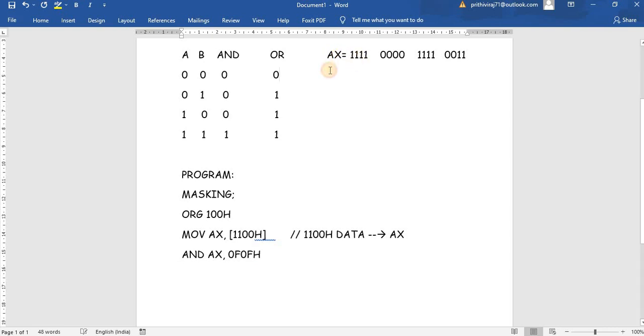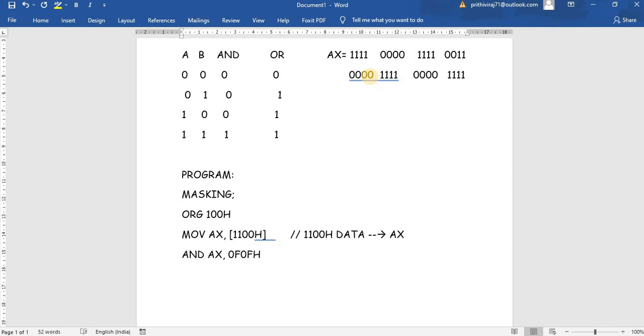Now we will do the AND operation with 0F0F. F means 1 1 1 1. Now we perform the AND operation.